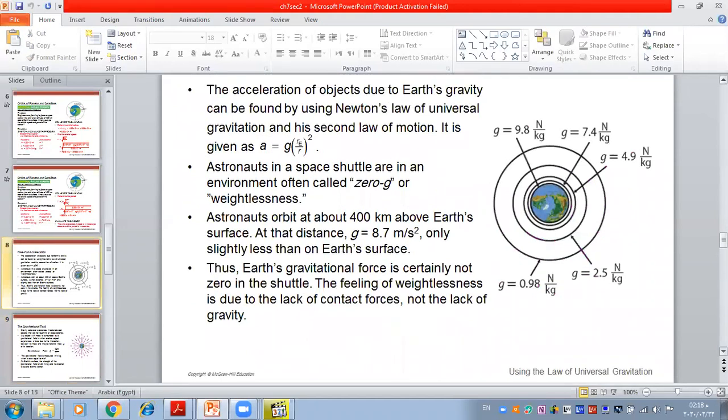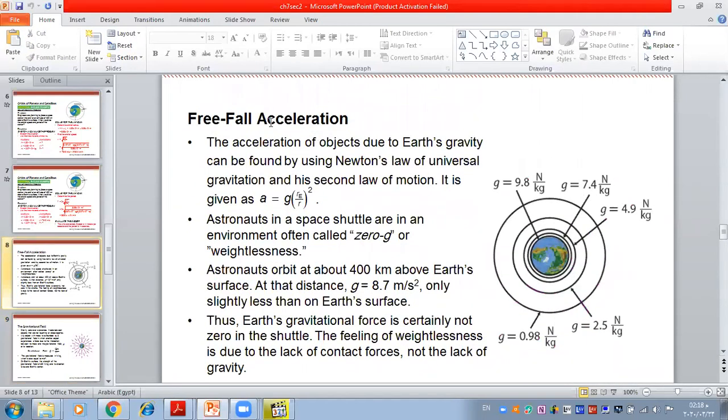So now, if you want to calculate the free fall acceleration, there is another law. Free fall acceleration we can calculate from the big four. I hope it is clear. So we have two ways to calculate free fall acceleration. Number one, from the big four. Number two, from this law. Okay? Everyone is clear? Right.